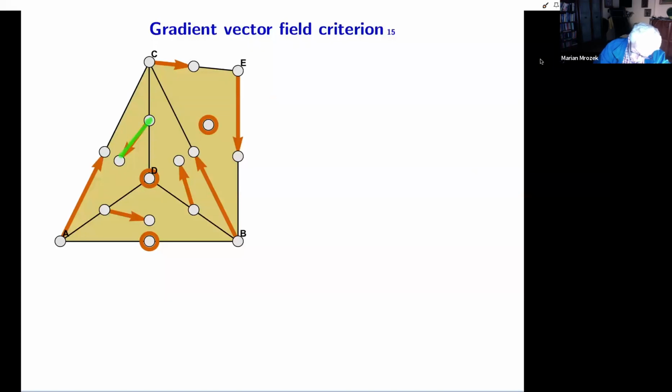You can go along an explicit arrow up to this triangle, then you use an implicit arrow to go down, again explicit, implicit, and so on, and you come back. So you can travel around here. And of course, in the gradient dynamics, there should be no periodic solutions or any other recurrent solutions. So actually, the theorem by Forman, this was Forman 1995, says that a combinatorial vector field